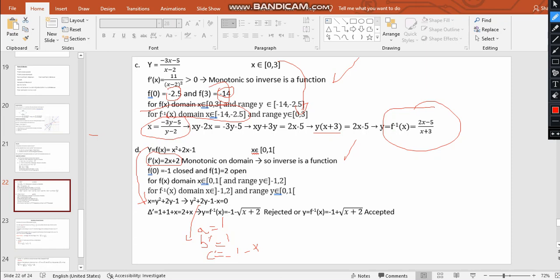So it's 2 plus x. So I have y equal either minus or plus. But here, as you can see, y is between 0 and 1. So I want y, because here x will be y and y that we have it here, which is minus